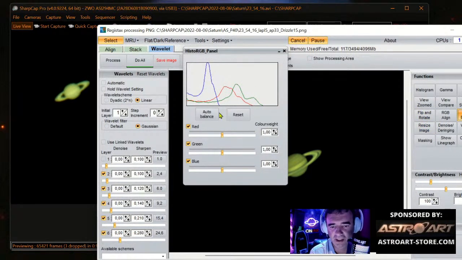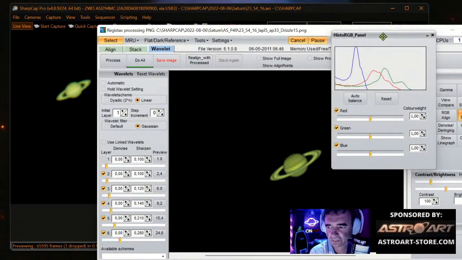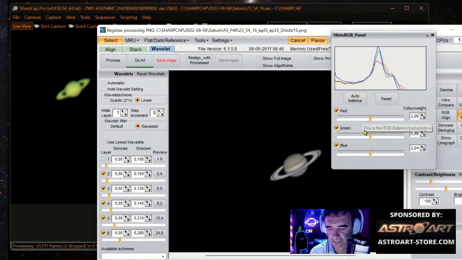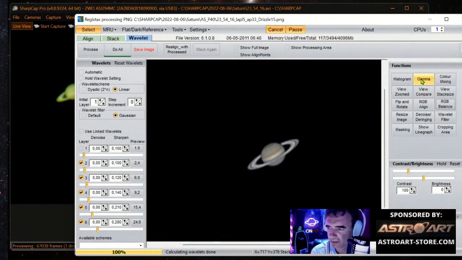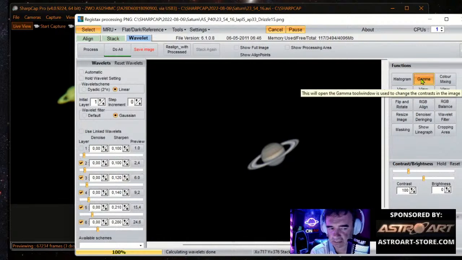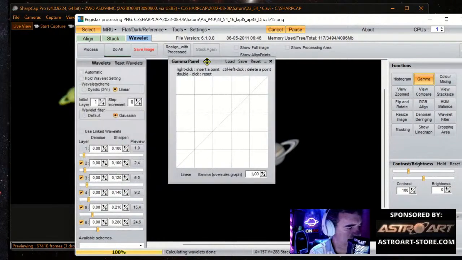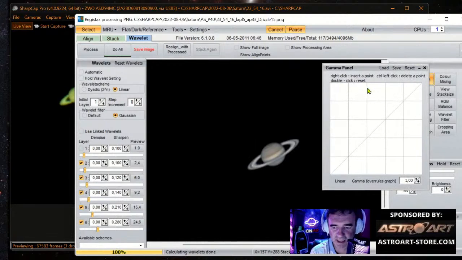RGB Balance. Okay. First I do auto balance. You see? The color gets softer. It's balanced. Now let me remember the gamma. We can use the gamma. It's getting to be a nice image in a few minutes.